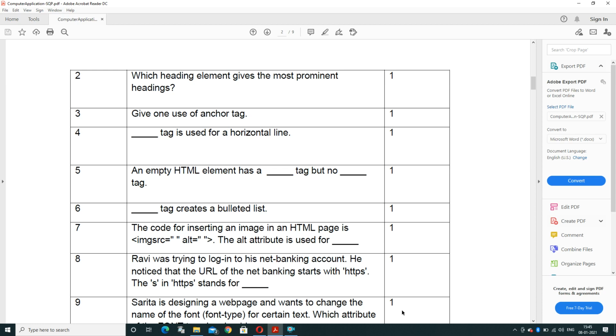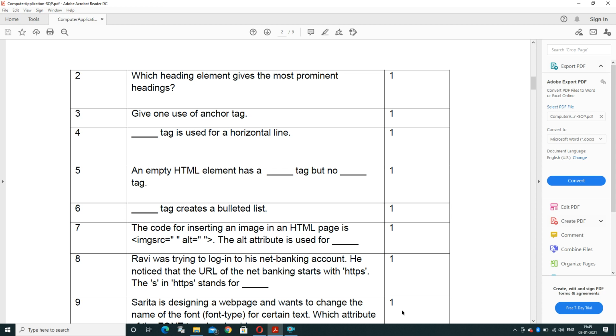Fourth question, the dash tag is used for horizontal line, and a horizontal line can be prepared with the help of the HR tag. So the answer is HR tag. Fifth one, an empty HTML element has dash tag but no dash tag. If you are not understanding the question, then read once. An empty HTML element.